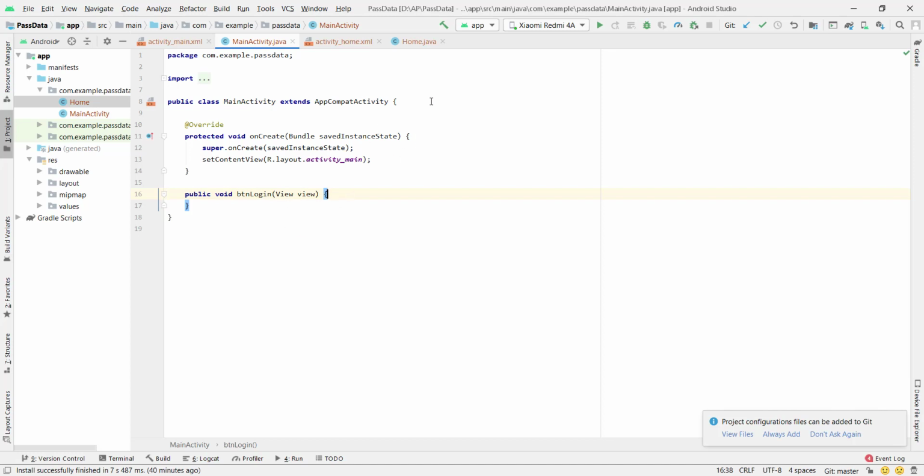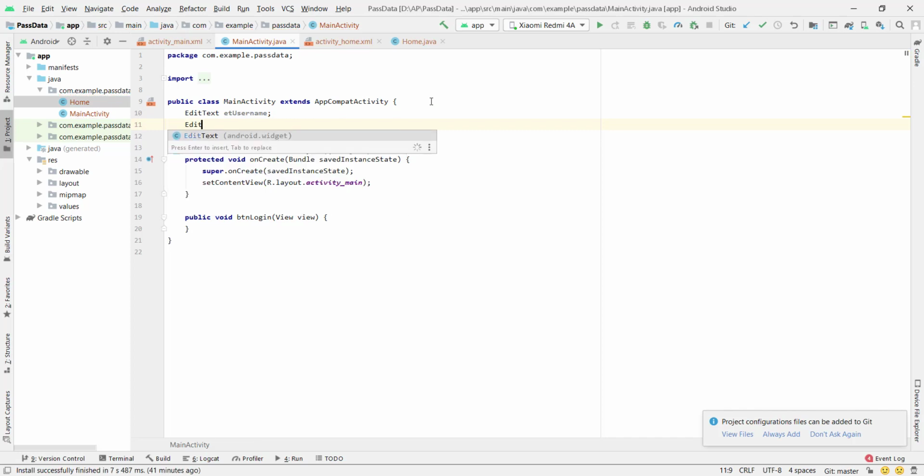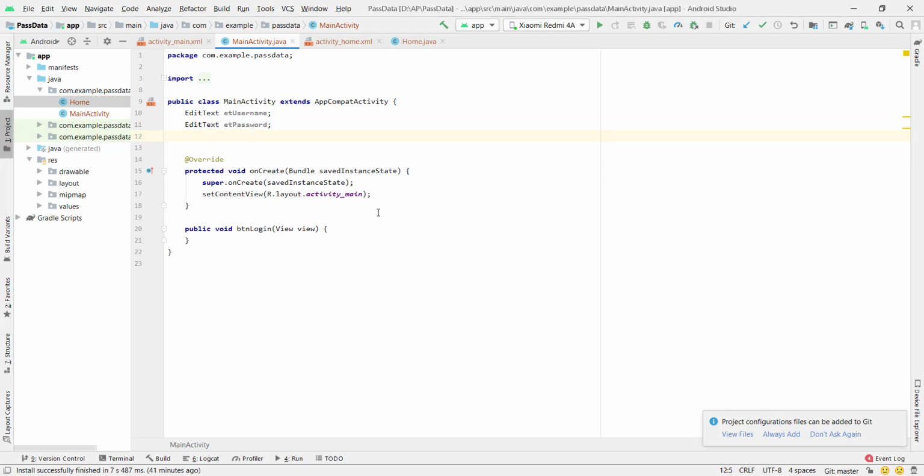Before implementing this, let me declare the variables here. We have used the edit text type. So EditText username, then one more EditText, that is EditText password. Let me initialize that here.